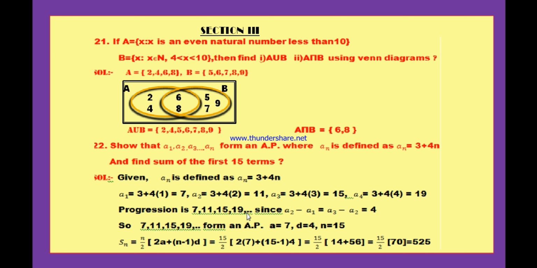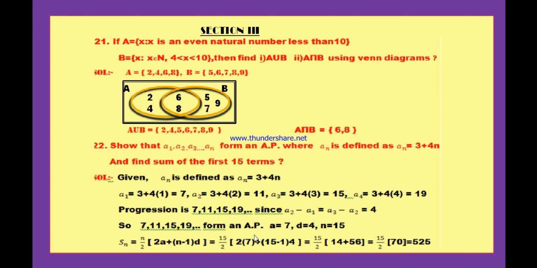In order to check whether it is AP or not, take the difference between the second term and the first term, A2 minus A1. A2 minus A1 is equal to 11 minus 7, which is 4. And A3 minus A2, 15 minus 11, is also 4. Since the difference between any two successive terms is the same, equal to 4, a constant number, so that these terms